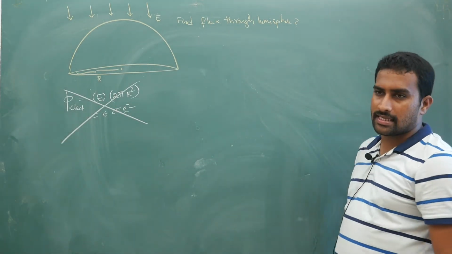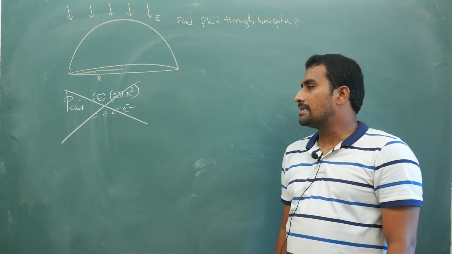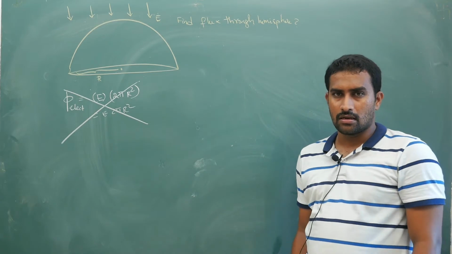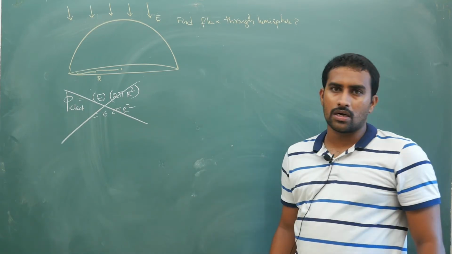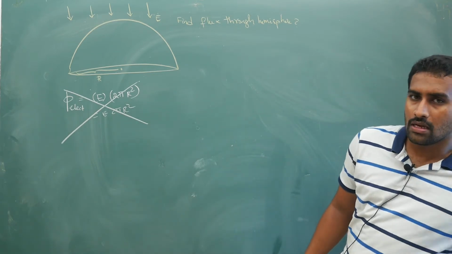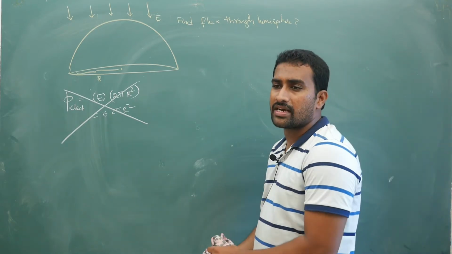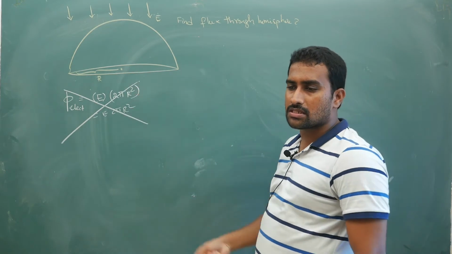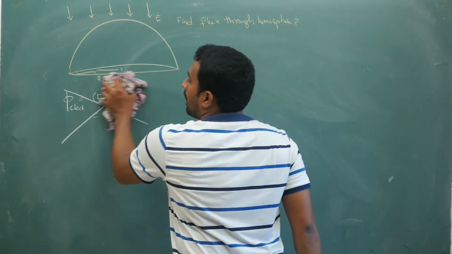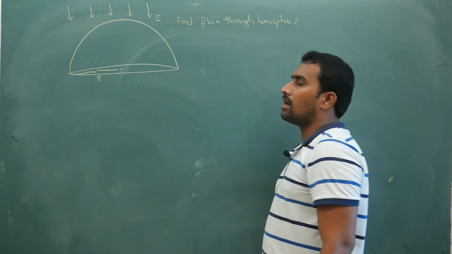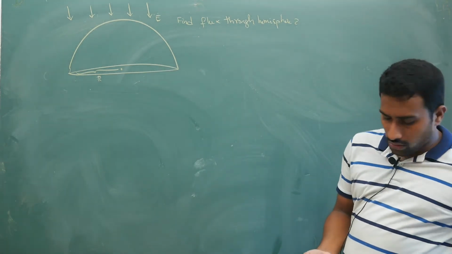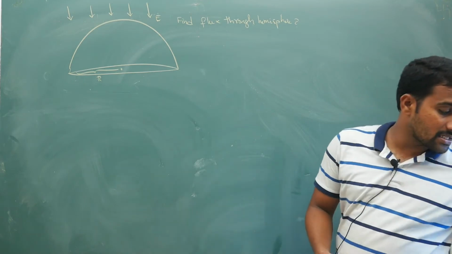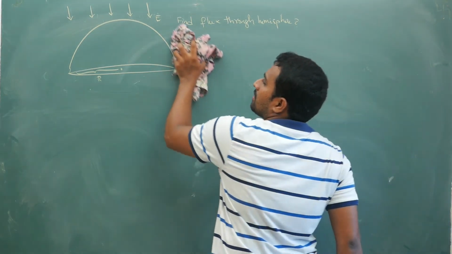For shapes like this, I'll discuss something after I do the basic calculation, and then I'll explain how you are getting it. Here we need the effective or projected area. That effective or projected area is the base area, pi r square. How you will get it, I'll explain now. Observe carefully. Hope you have copied down the question. Now I will take a small strip and then integrate.